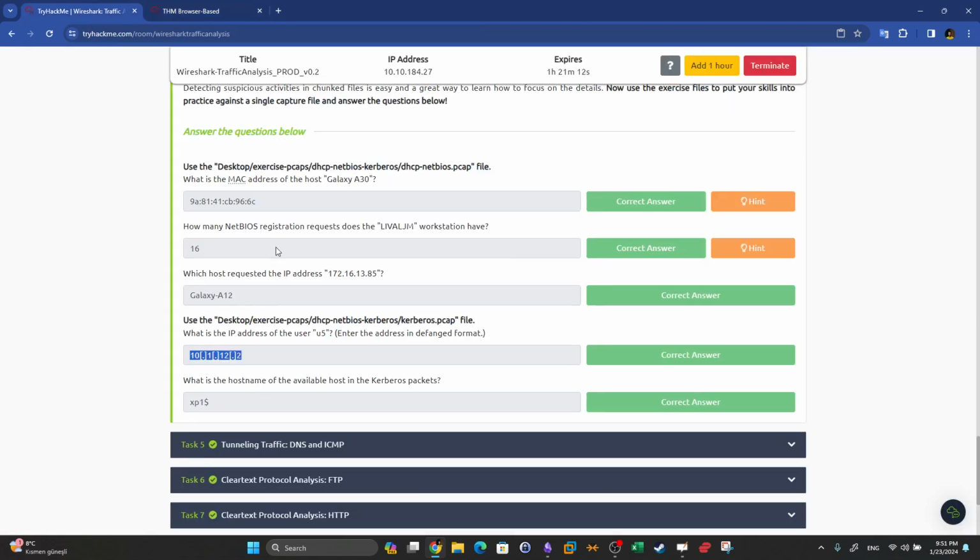Okay. So as you can see, guys, we analyze DHCP, NetBIOS, Kerberos packets to extract hostname information and other identifying information, such as the username of the machines. Now next, we're going to take a look at task 5, where we're going to analyze DNS and ICMP traffic. Usually, DNS and ICMP traffic are used to perform tunneling, meaning